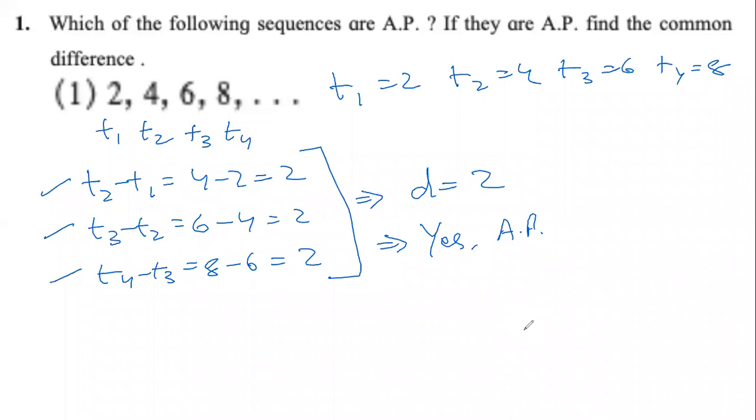If we only take one, that is only T2 minus T1. If we only take two, T2 minus T1 and T3 minus T2, we still don't know how much T4 minus T3 is. So however many terms are given in the sequence, cover all the terms, find all the differences, and see if they are equal or not. If they are equal, that is the common difference. If they are not equal, that is not the common difference.